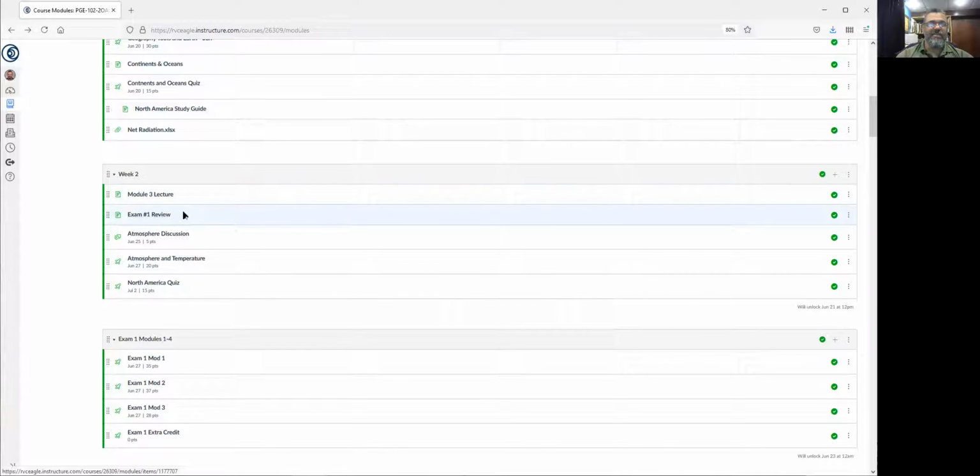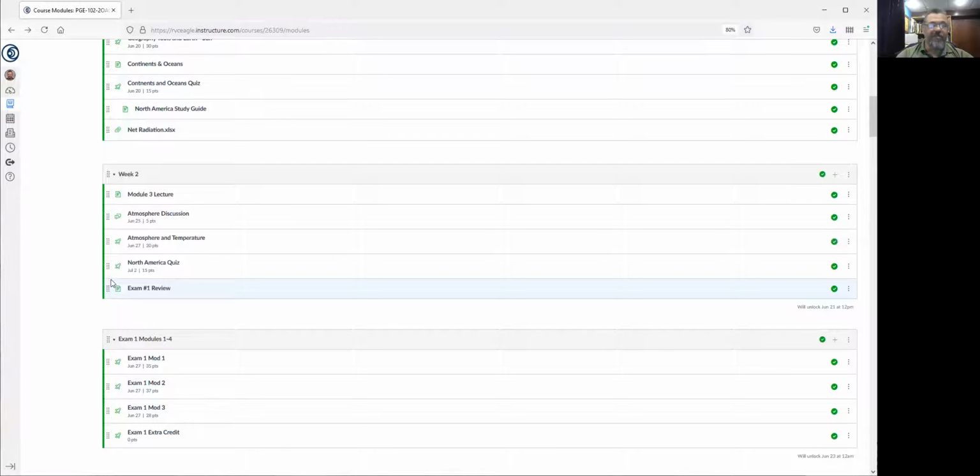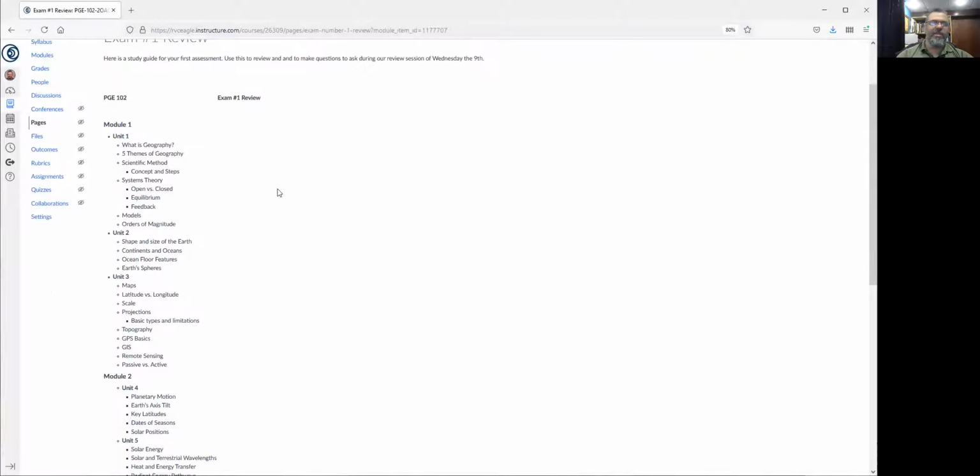You will also see the exam one review. That should have been down here, so I want to make sure it was prominent for you guys to see earlier. So I actually put that down here. Now, when you get into this, this is just a simple flow through. It'll point out the module, the unit, and the basic concepts that we were looking at. If you can run through this review sheet and understand what each one of these things are or what I'm asking, you should be fine for the exams.